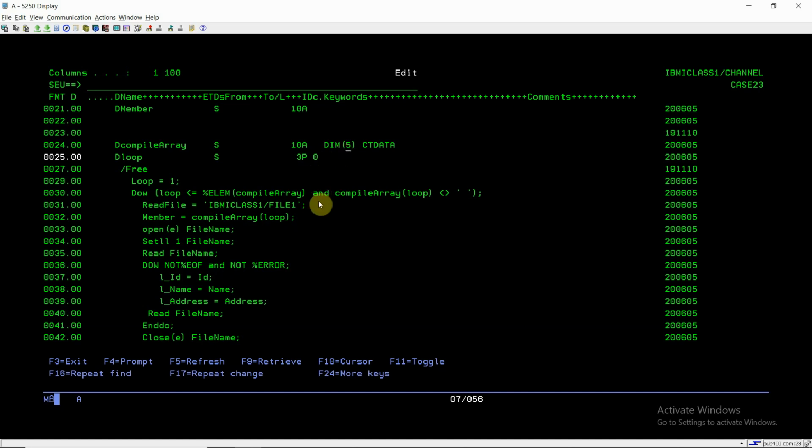And there is one more condition, compile array loop is not equal to blank. Suppose this is of 5 length, so we can specify 5 members, but right now I only specified 2 members, so I just want to read only 2. I don't want to read all the 5 members because the other 3 would be blank for me. So I specified the condition compile array loop is not equal to blank. In this case I'll be only reading those 2 members which are specified.